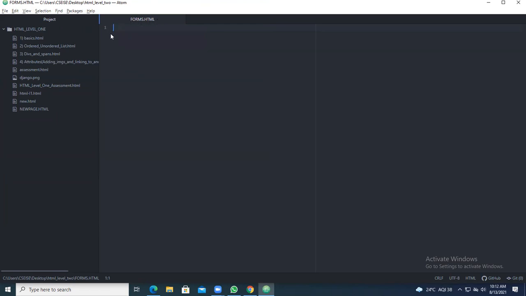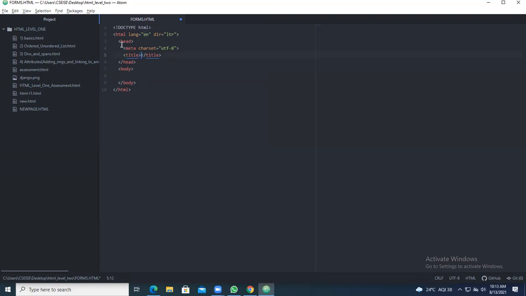Okay. Now you have to write the code. Each HTML page starts with the HTML tag. Type HT, and you will get HTML here. Click on that, and the entire code content will be placed here. Now under that, give the title of the page.